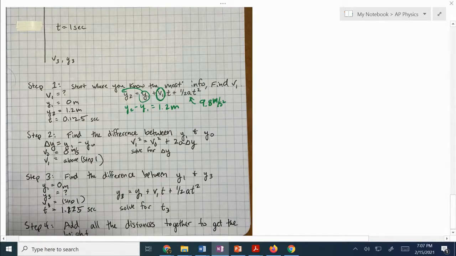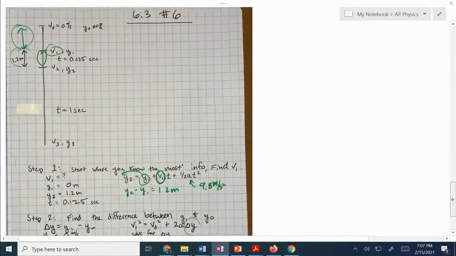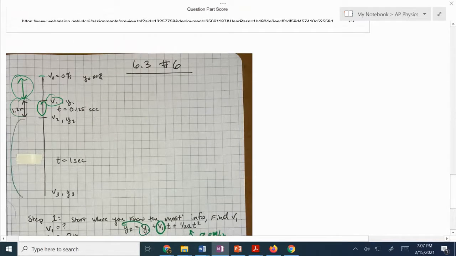I know that the initial velocity is 0. I know that I already solved for V1 above. And basically, I'm looking for the delta Y, which would be Y1 minus Y0. So solve for that, basically. That's going to allow me to get, again, that distance right there. I already have this distance. So as you can kind of see, the only thing I need to do left is find that distance